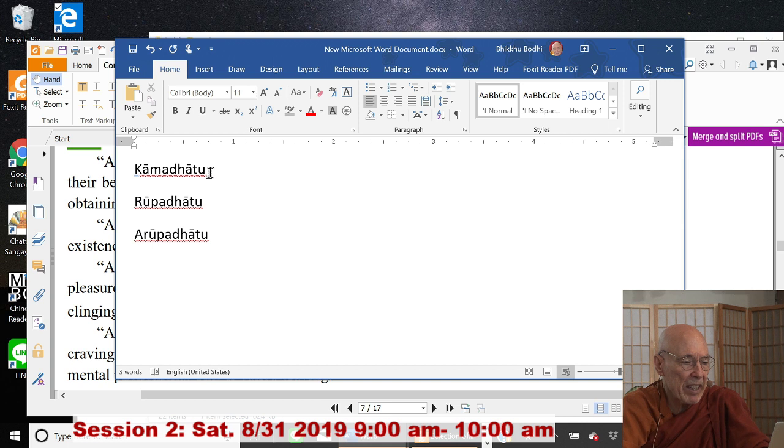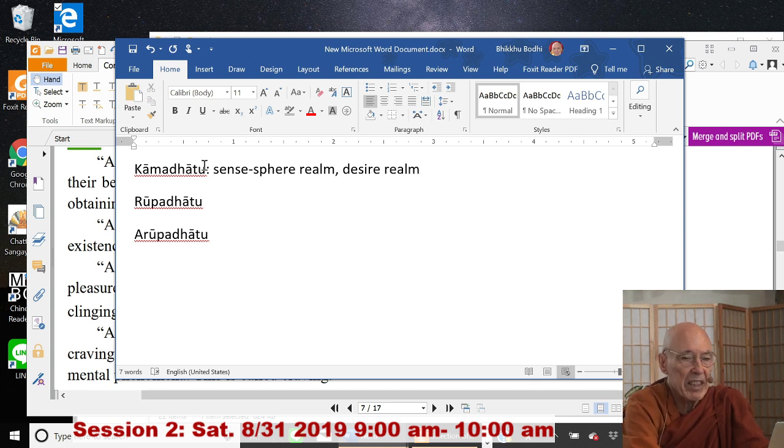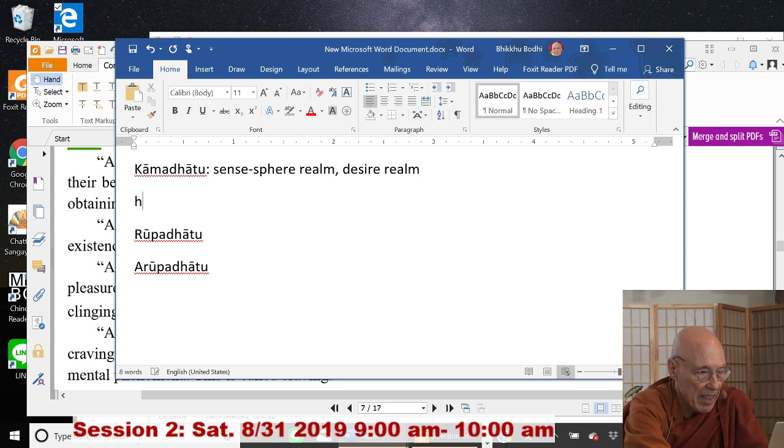So there's the kama dhatu, the rupa dhatu, the arupa dhatu. These are the 3 realms. So the kama dhatu is what we sometimes translate as the sense sphere realm or the desire realm. So it's the realm of existence in which sensual experience is predominant and in which sensual desire is predominant. In terms of Buddhist cosmology, the sense sphere realm includes, going from the bottom up, the various